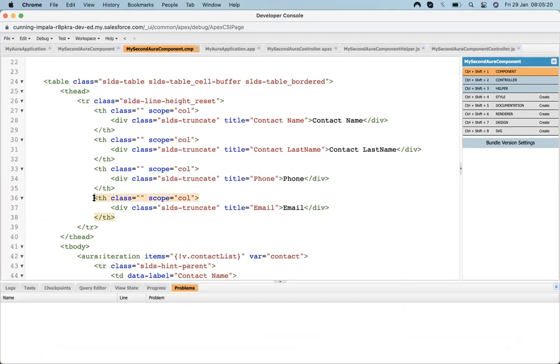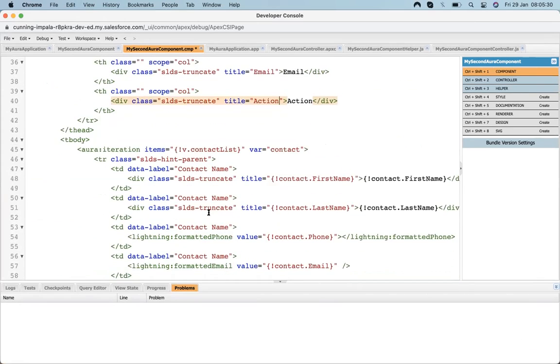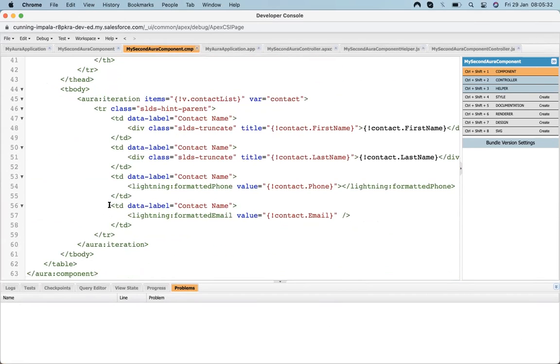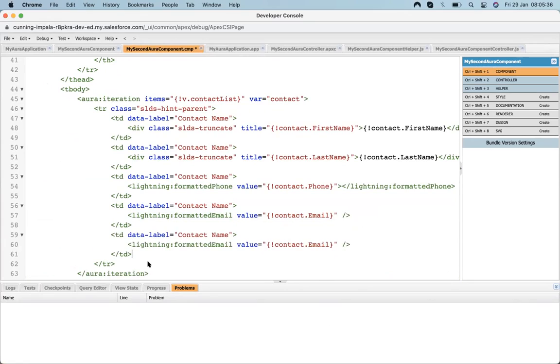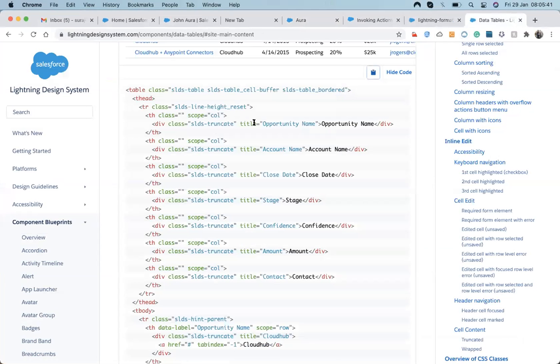For that, let's add one column called action. And in that action, it should have two buttons. So let's put two buttons up here.